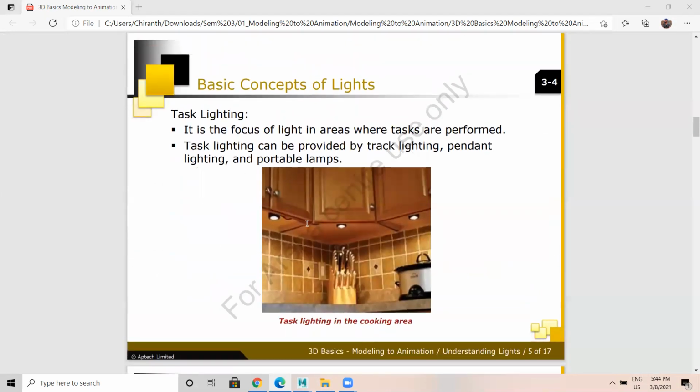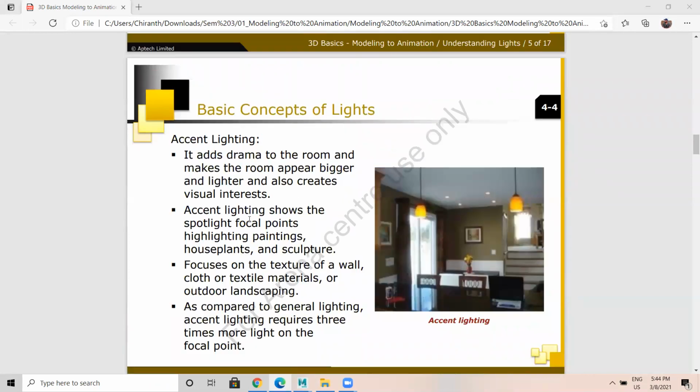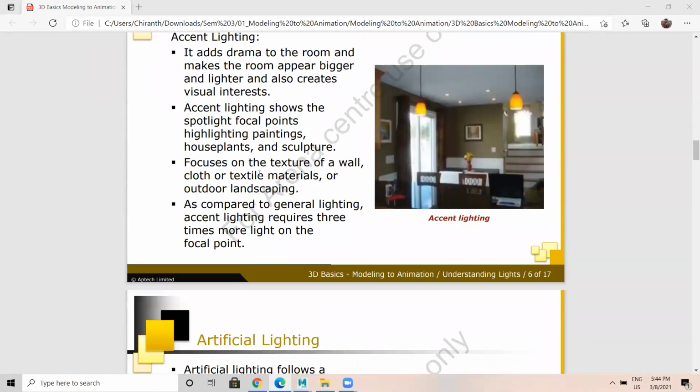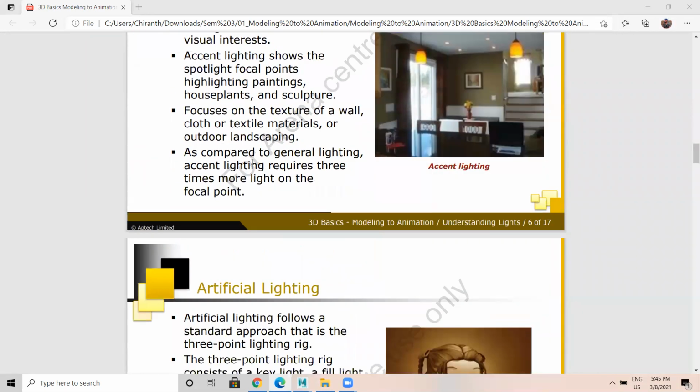To achieve task light, you can use point lights. Focus on the texture of wall, cloth, textile material or outdoor landscaping. Compared to general lighting, accent lighting requires 3 times more light on the focal point, meaning with a limited intensity, you need multiple lights there.